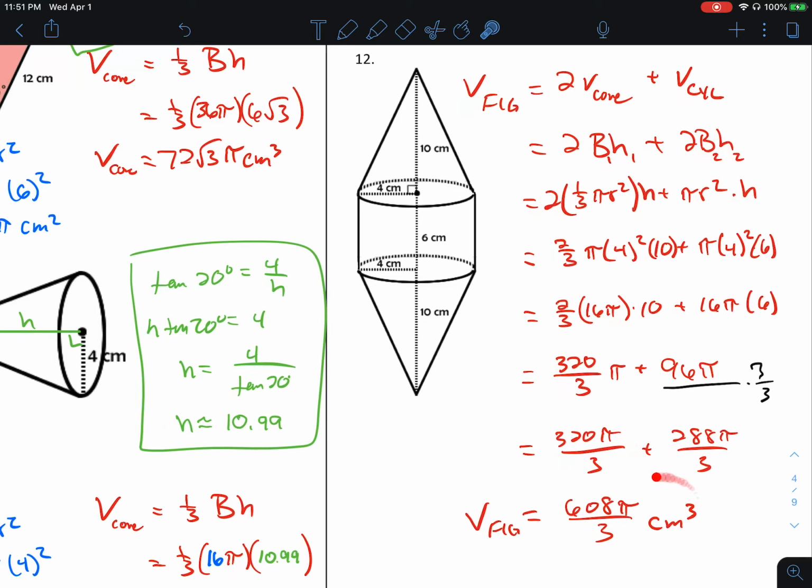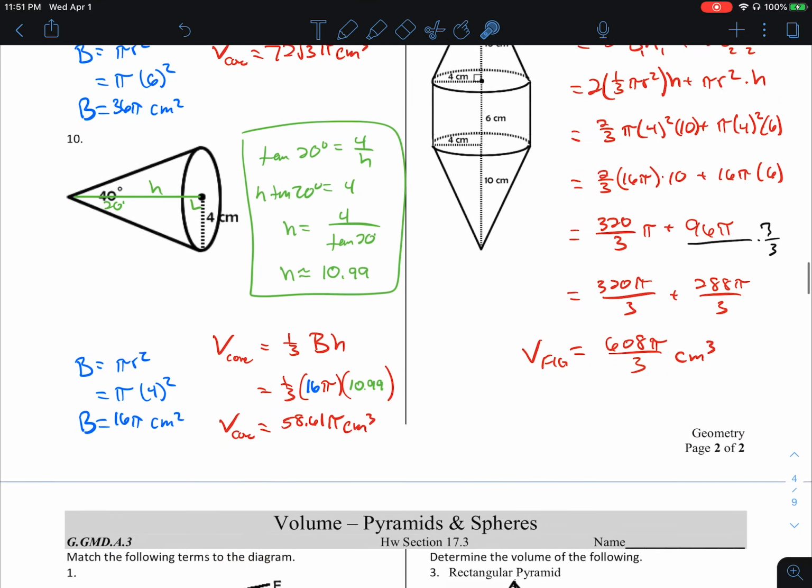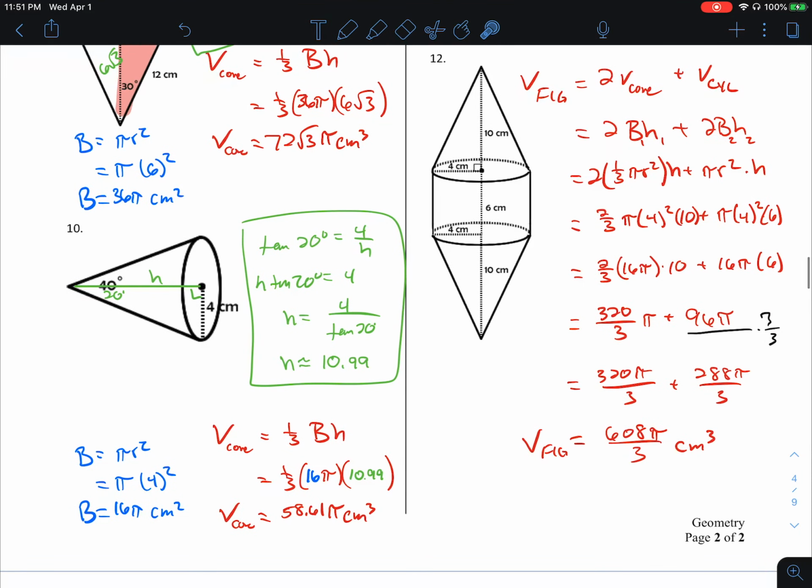I wanted to get common denominators here so I could write the answer as one fraction. So I multiply this by 1 in the form of 3 over 3. So we get 288 pi over 3. When you add two fractions, you add the tops, not the bottoms. So there we go. That is the end of